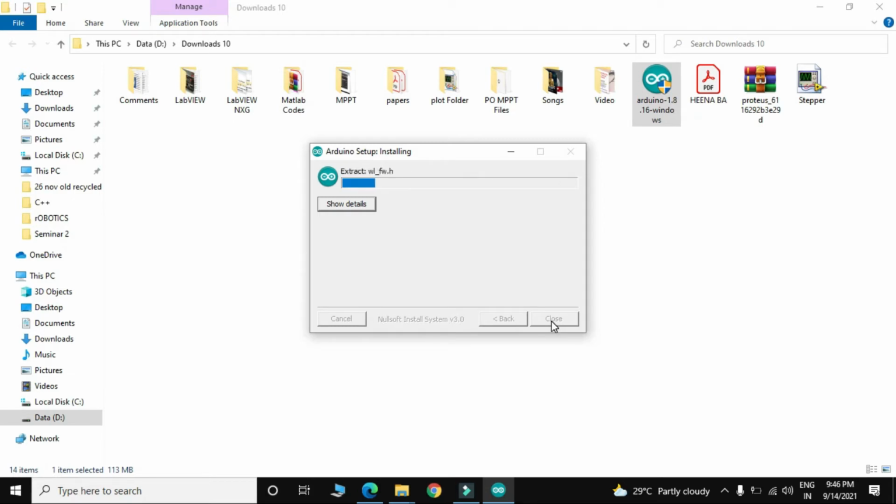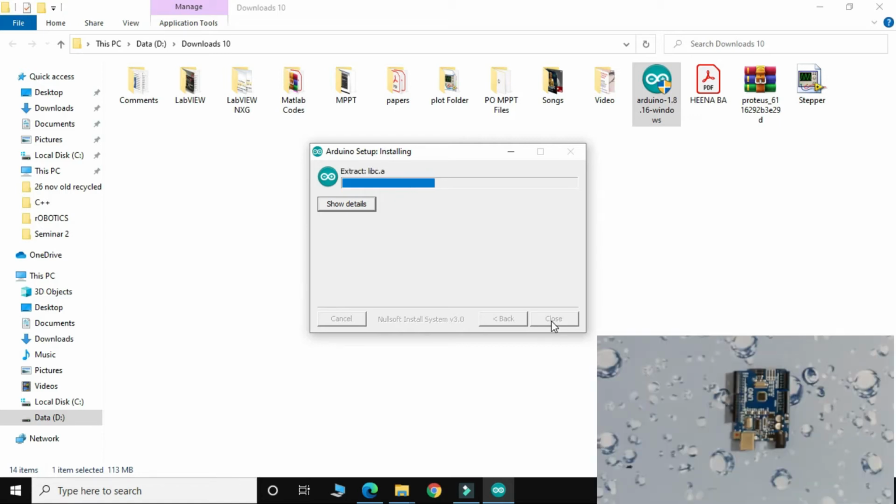As you see, it will install the Arduino drivers into your system. So when I connect Arduino Uno board with my PC, it will create a COM port for a particular USB port.